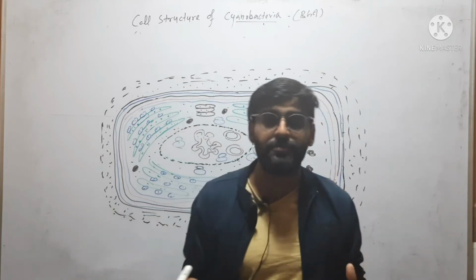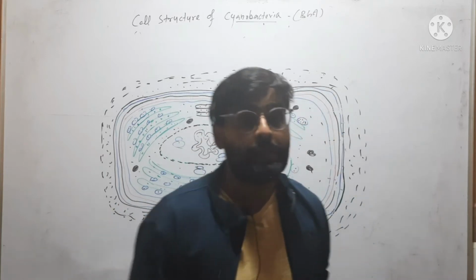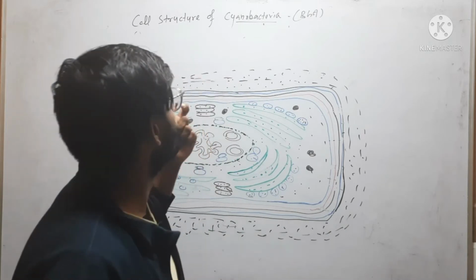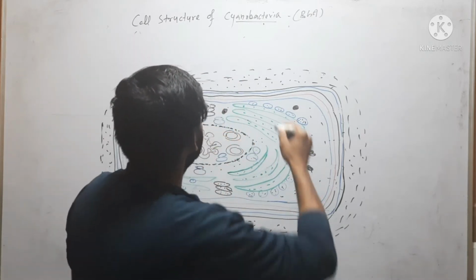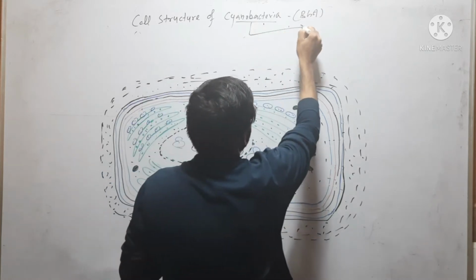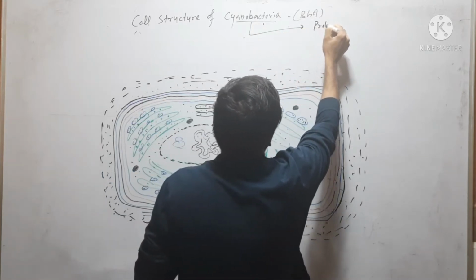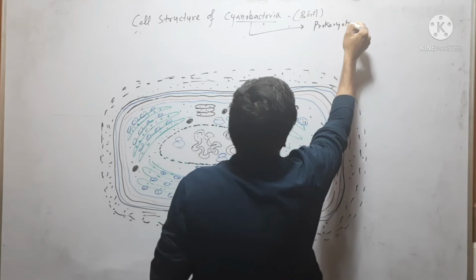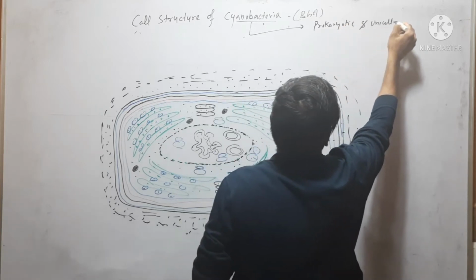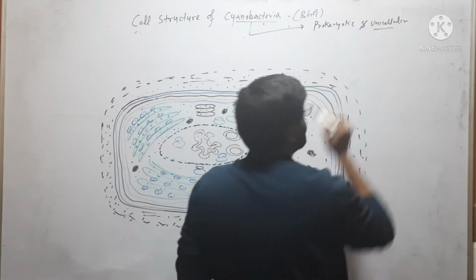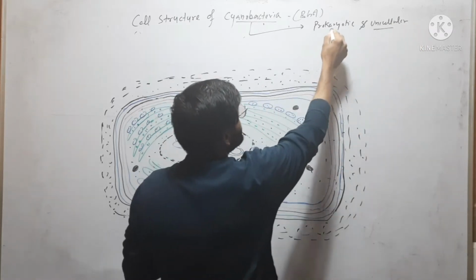Hello friends, in this video we will understand the cell structure of cyanobacteria or blue-green algae. So first we must know that cyanobacteria is a prokaryotic and unicellular organism. Prokaryotic means